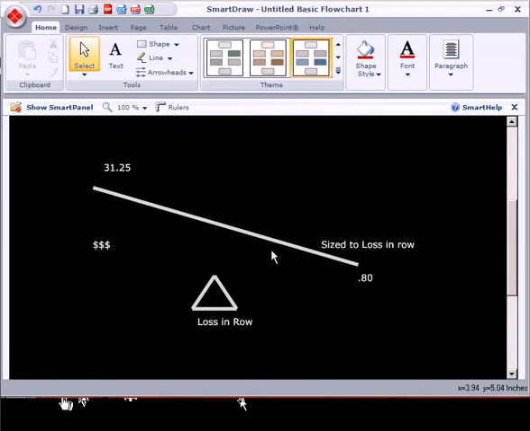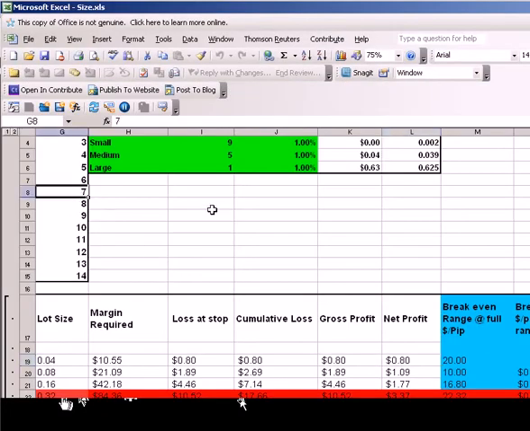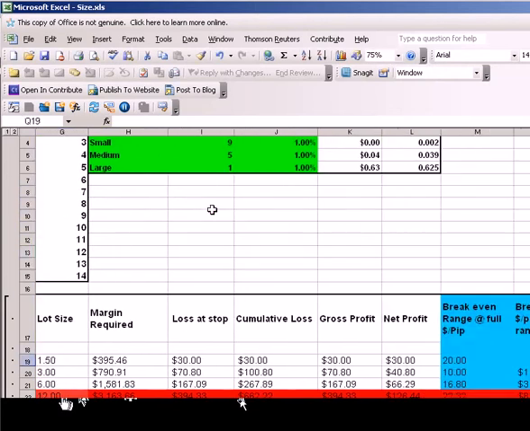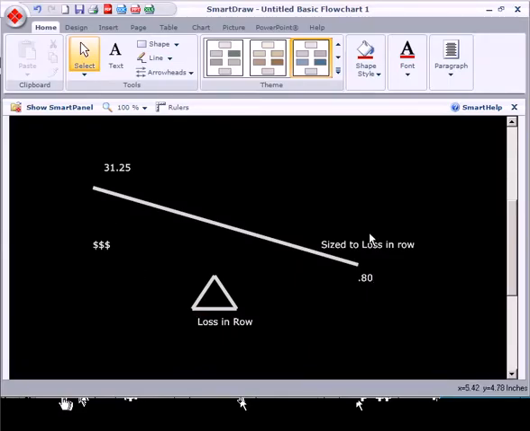If I put $31.25, watch what happens. What we're expecting to make. Okay, we need to go look at this because our expectations are out of balance with our account. So I'm going to bring this up to like $1.50 a tick. If I bring this up, I'm going to make $30. But if I lose 5 times in a row, my cumulative loss is going to be monstrous. 1, 2, 3, 4, 5, $1,500 or half my account. I'm completely out of balance.